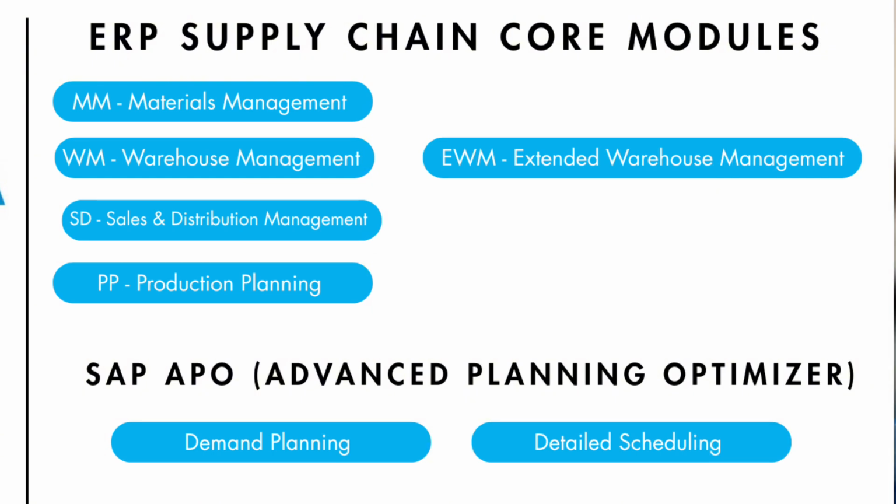Beyond that, if you go into the manufacturing side, there's production planning or PP module. Here is where you're managing the activities of production on the floor. So issuing production orders, looking at managing the bills of materials, doing some basic level of demand planning, but most people don't use that functionality in that because it doesn't have a lot of algorithms there. It's very basic.